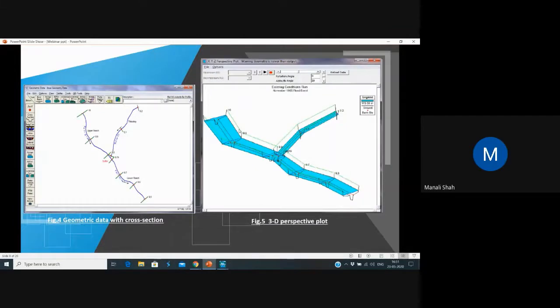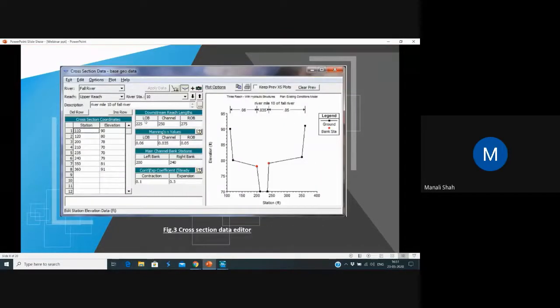And as I told you, once you collect the data, you will get the cross sections in the AutoCAD file. From the AutoCAD file, you can divide the entire reach into as many cross sections as you require. In AutoCAD only, you can calculate the distance between two cross sections, and you can enter the value over here. So this 225, which is in feet,